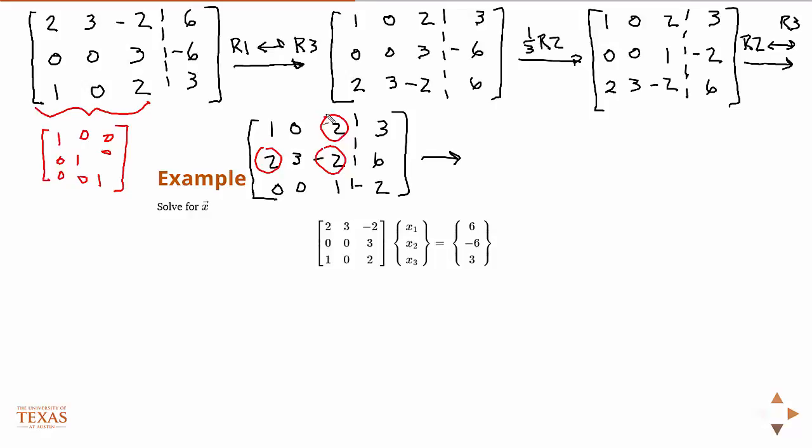I mean, yeah, I could add the first row to the second, right? That would do something, right? So if we do row 1 plus row 2,